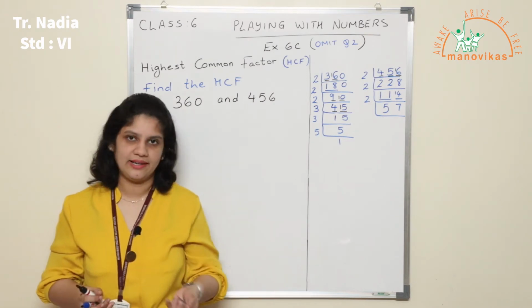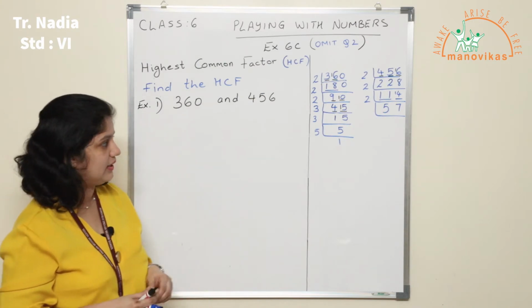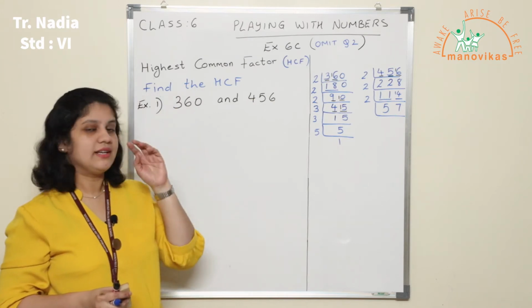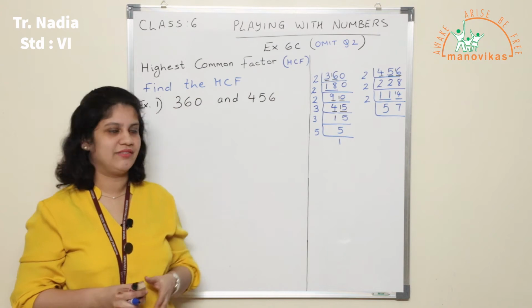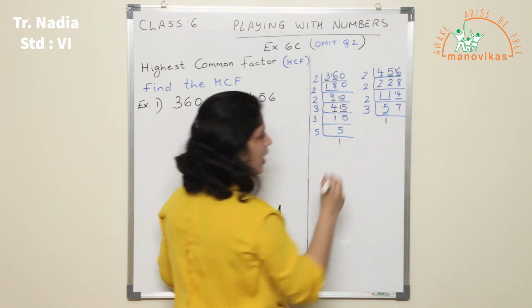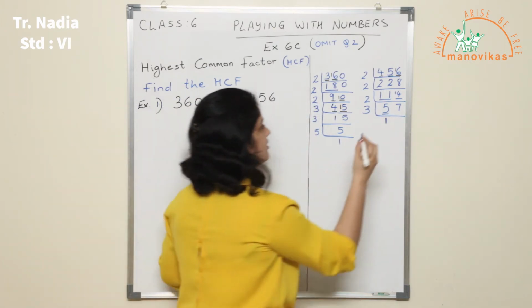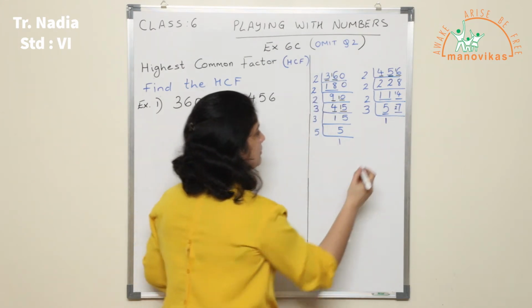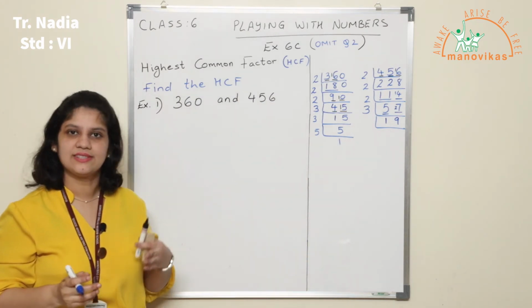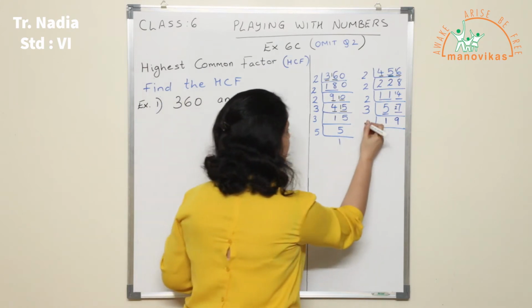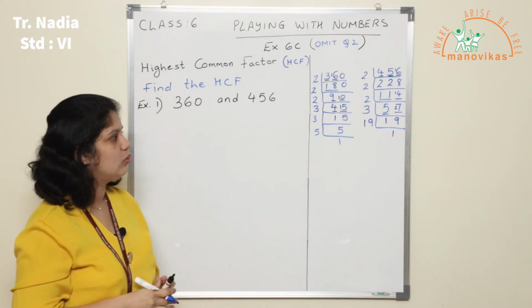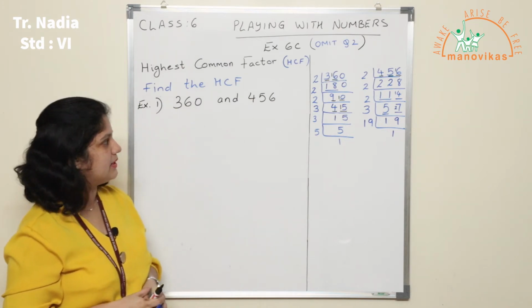Now before going to the 3 table, let us verify using the divisibility test of 3. What is the total of 5 plus 7? It is 12. 12 is a multiple of 3. So 57 can be divided by 3. Let us see how. 3 closest to 5 is 3 ones are 3. 5 minus 3, 2 which is extra goes here. The neighboring number becomes 27. 3 9s are 27. 19: if you have gone through your sieve of Eratosthenes thoroughly, you will know by now that 19 is a prime number. So we need to use the 19 table only to get rid of it. So 19 ones are 19. So both my numbers are factorized.